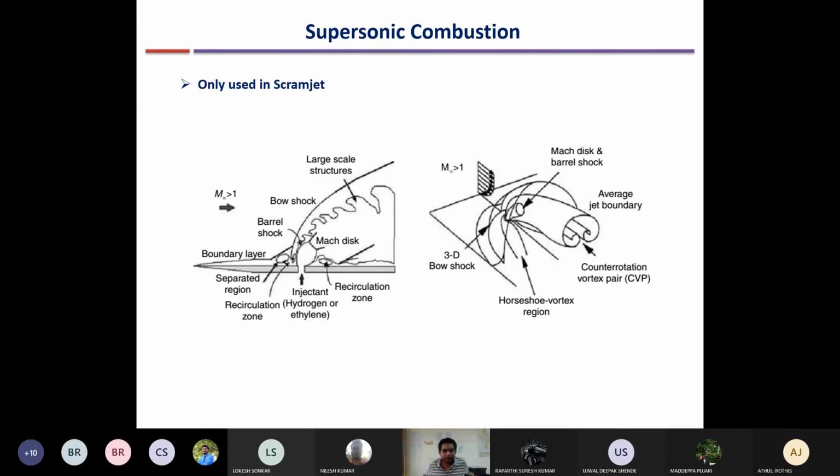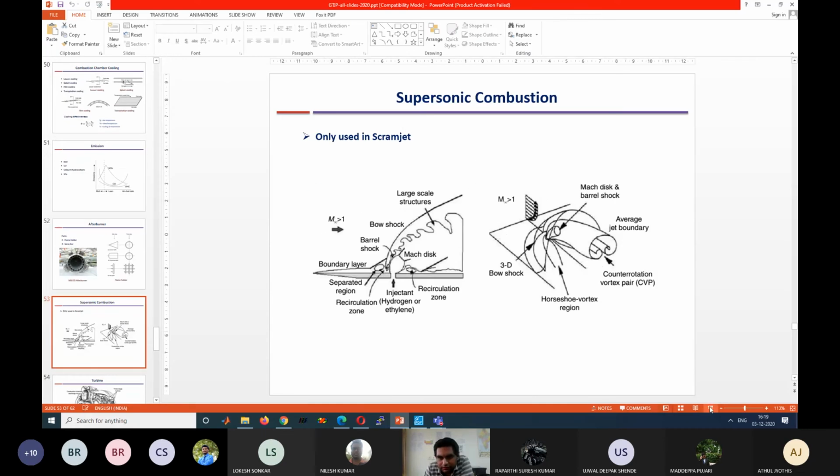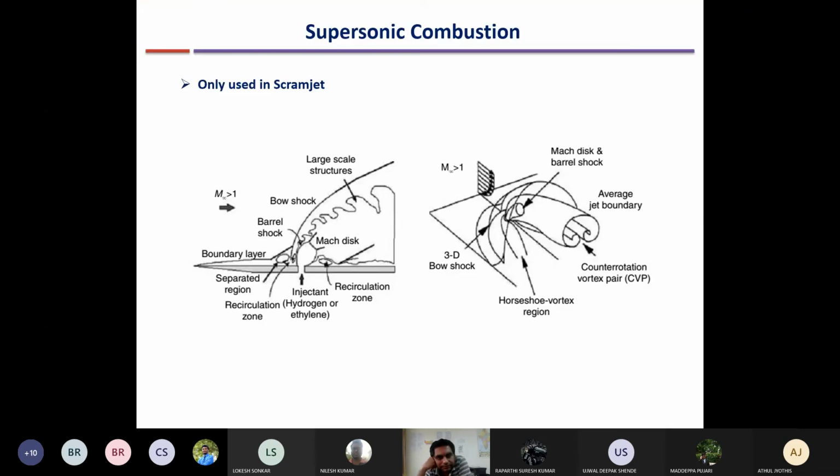What will happen if I try to use a ramjet at very high velocity, say Mach 8 or Mach 9? What will be the problem if I try to use the ramjet at very high velocity? Ramjets are used at Mach 3, Mach 4, around that velocity. If I try to take it to very high velocity, what can be a problem? Like too much diffusion we will have to do.